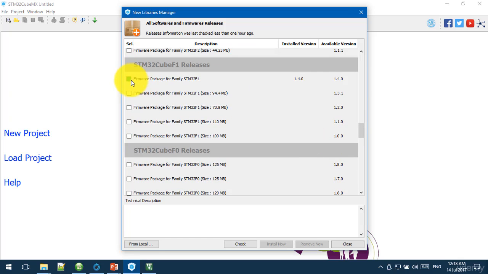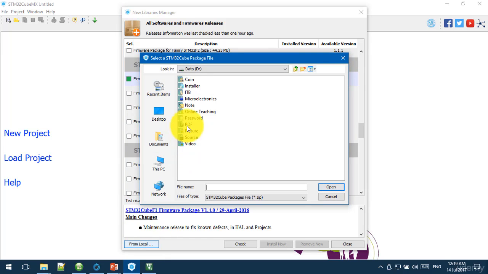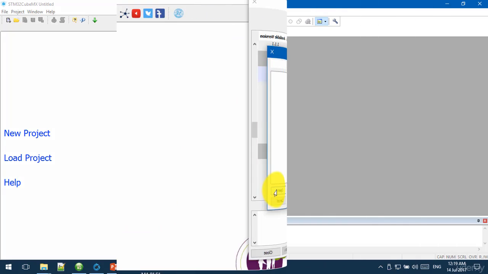Here the green button indicates that this library, which is for STM32F1, has already been installed on my computer. To install this, you can click this button and then search for the HAL library. Click Open.